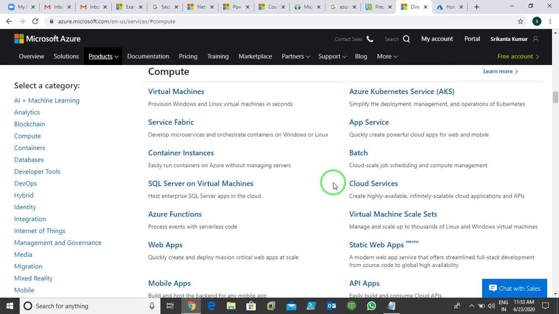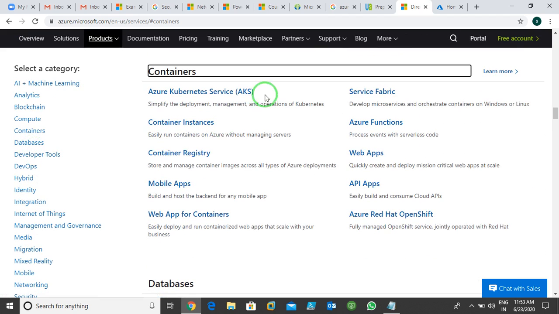Okay, so we can create so many things with the help of compute. Batch files also, if you want to create batch files, you can go for batch files also. AKS, okay, so many things are there. So this is the things. After that we have containers. So in containers we have containers like